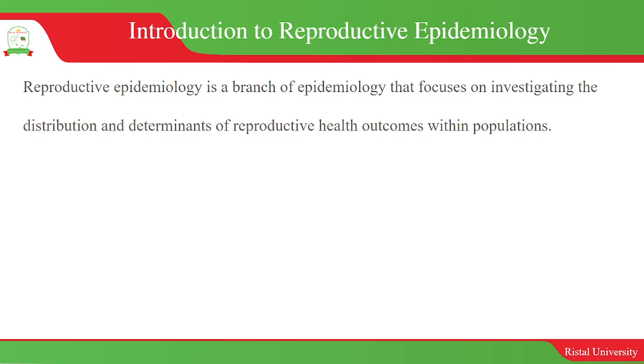Poor reproductive health outcomes are related to low family planning usage, high maternal mortality, high cases of sexual violence, low attendance of antenatal care, and a lot of other things. Teenage pregnancies, those are poor reproductive health outcomes. So we look at who those are, or we look at the W's that we earlier talked about.